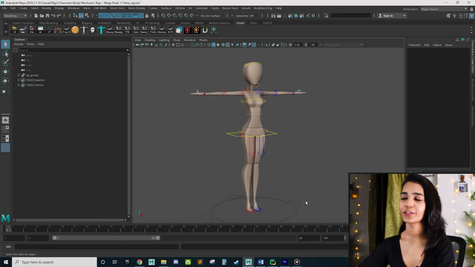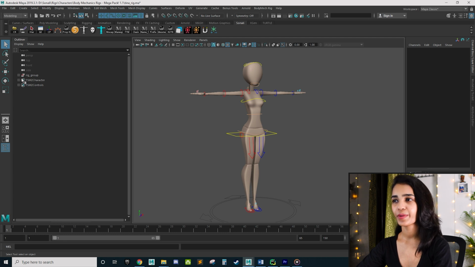Let's check a few other commonly used rigs like body mechanics that most of the animators would love to bring inside Unreal and render the beautiful animations that they create using this rig. So let's open the Maya file and check the rig hierarchy. Here I have Tina character open already. Let's take a look at the outliner.